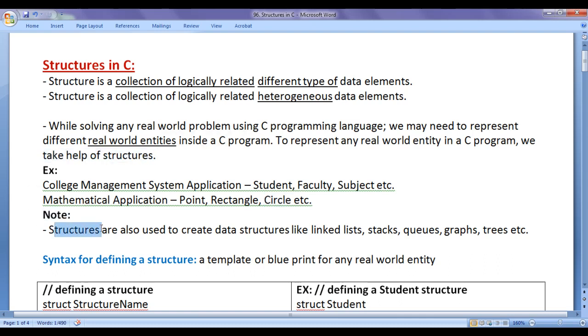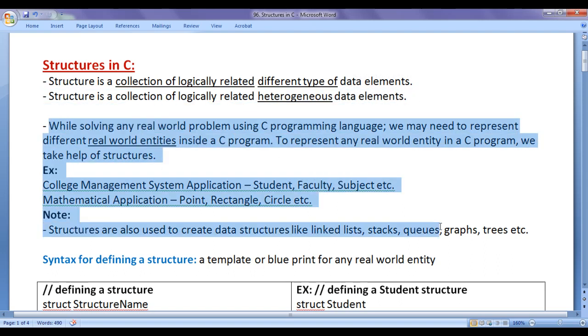Note, structures are also used to create complex data structures like linked list, stacks, queues, graphs, trees, etc. Any real world entity, if we need to represent inside a C program, we take help of structures, guys. I hope you guys have clearly understood what is a structure and when do we use structures.